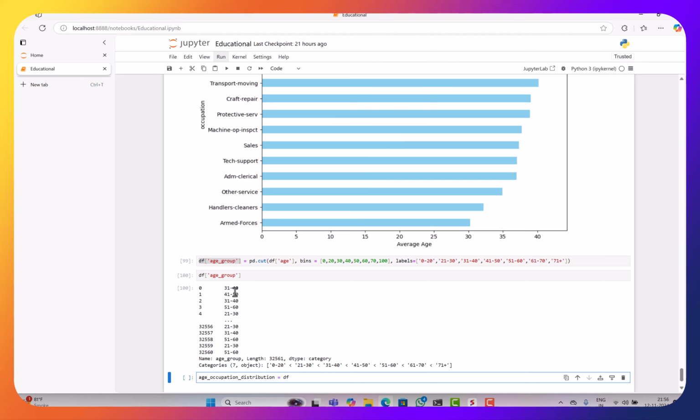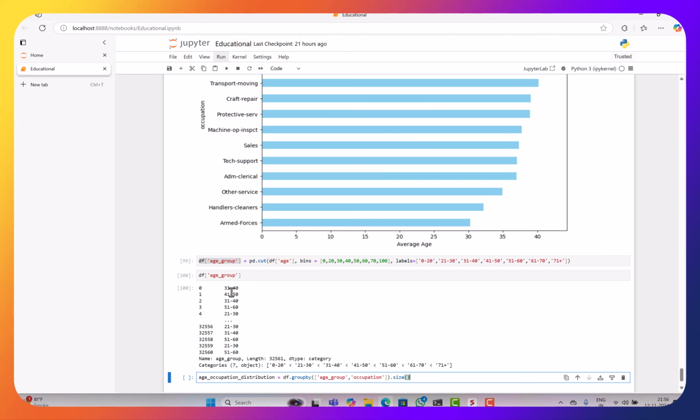Then we will be going ahead with groupby, and we will be using age_group, and we will be using occupation because that is also what we need. We will be going ahead with size,